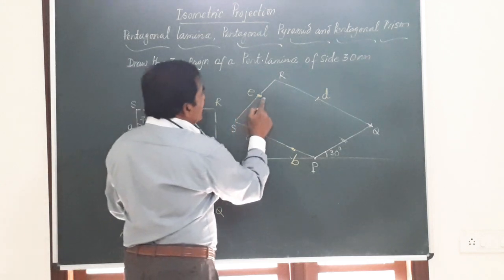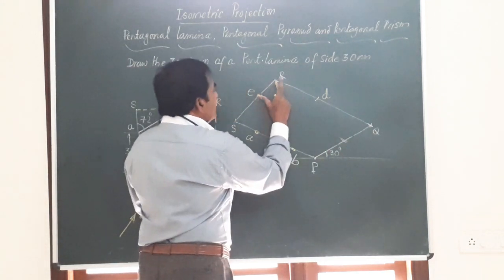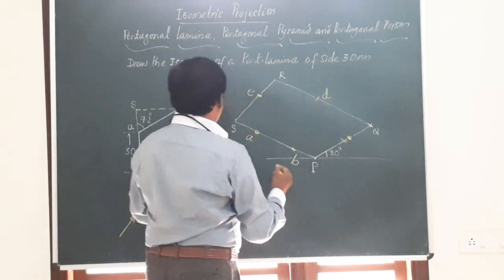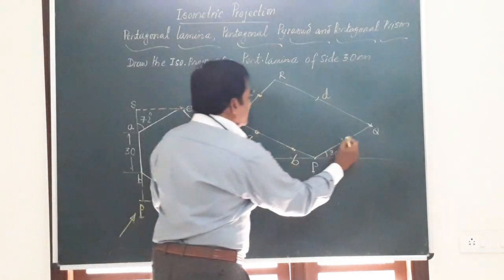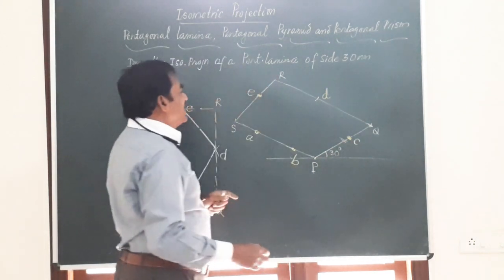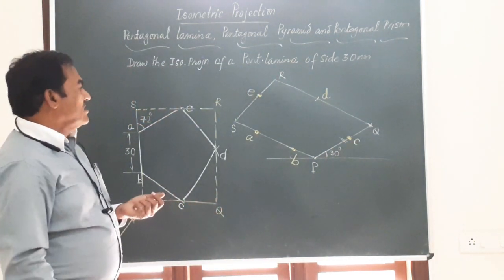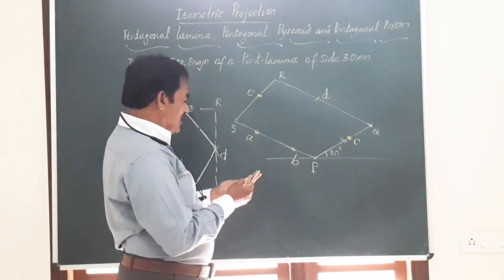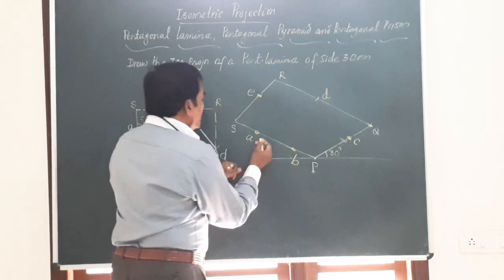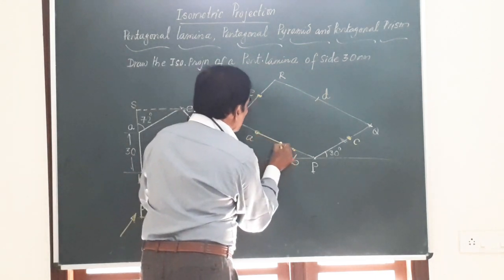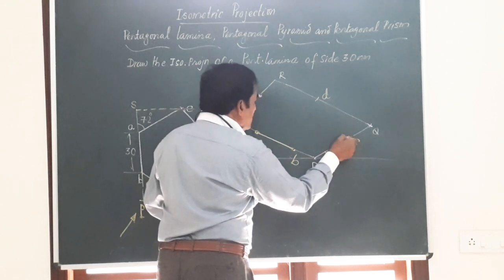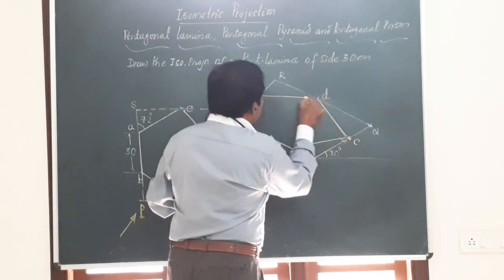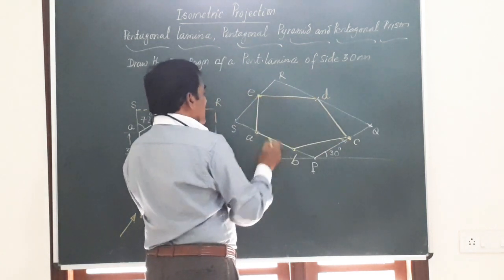Likewise, if you simply extend a line here or take the same measurement and mark here, you will get the other point. Opposite to E is the point C. Friends, the pentagon has got 5 corners, namely A, B, C, D and E. Join all these by dark visible lines. So I am going to join A to B, B to C, C to D, D to E and E to A.